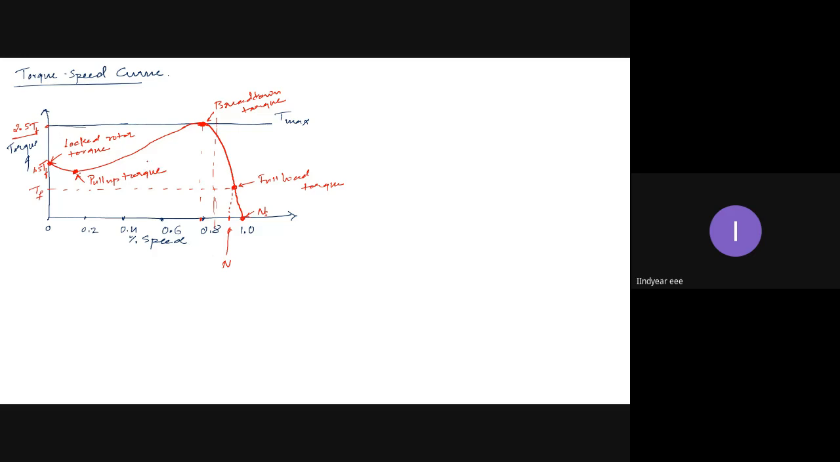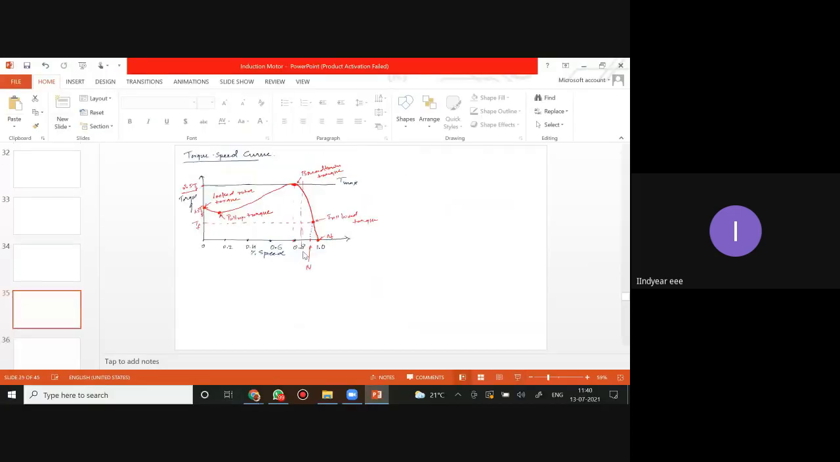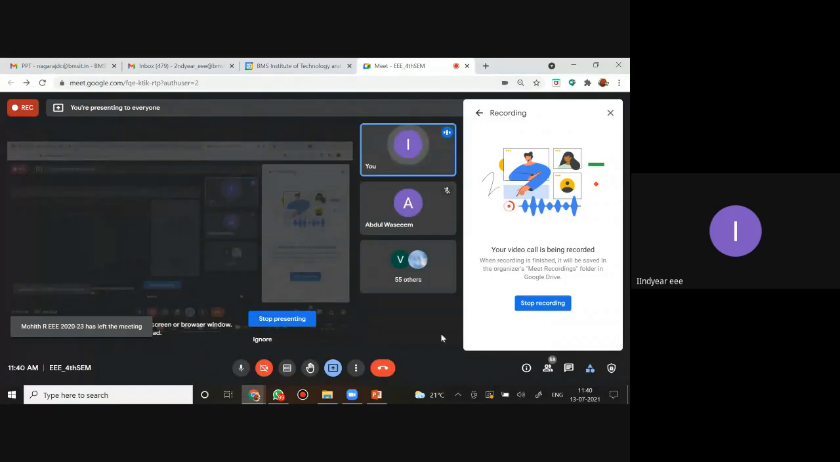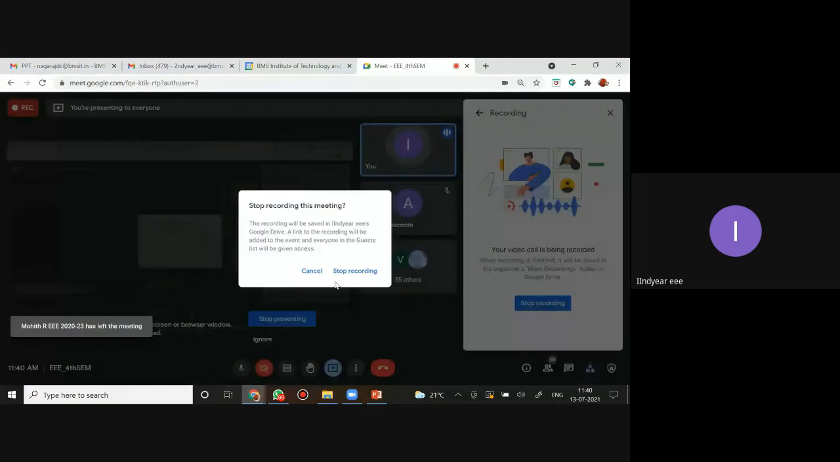Any doubts? Yes? No, sir. So with this, I will end today's session. In the next class, in tomorrow's class, we will see the overall characteristic of the induction motor, the complete characteristic of the induction motor, that is, how the induction motor behaves as a motor, how it behaves as a brake,